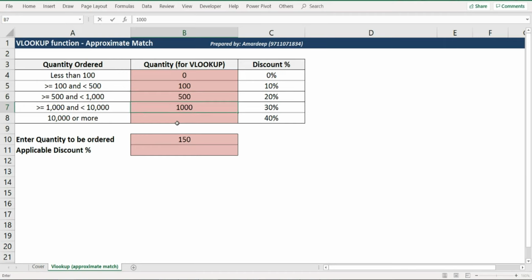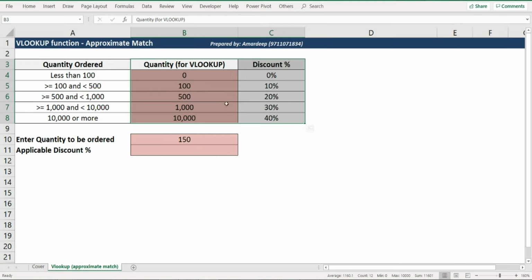The fourth one will begin with 1000 units or more. And finally, we would have 10,000 units mentioned over here at the end. Now, how is this table going to be read and interpreted? If you look at a particular column, let's say this one, and corresponding to this you have the discount percentage. If somebody orders exactly 500 units, then we do have a lookup for 500 over here, and the 20% would be given as a result.